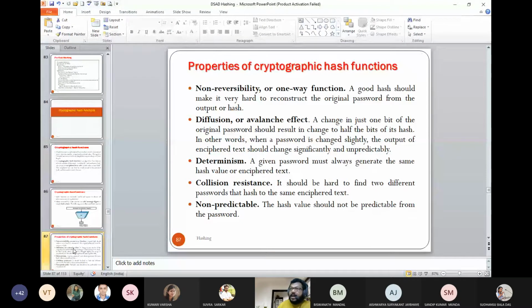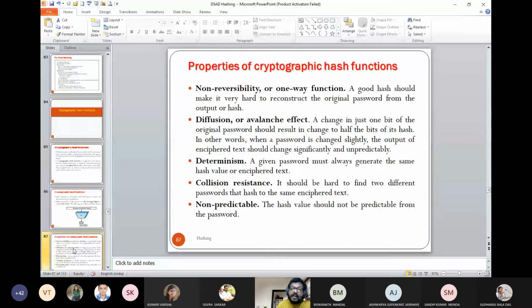You type the password. I have a password file. If I perform a sequential search, it takes unnecessary time. If I go for even binary search, every time a new user joins I have to sort my file, which is also not encouraged. If you go for a B tree, I do not know how many users are joining or deleting, so tree management will be tough. If you use a hash table, whenever a new user joins you map it in such a way that whenever he logs in, it takes minimum time, because you take his password and search to confirm that the password matches. That is the reason this cryptographic hash function is popular, and hashing comes into the picture.